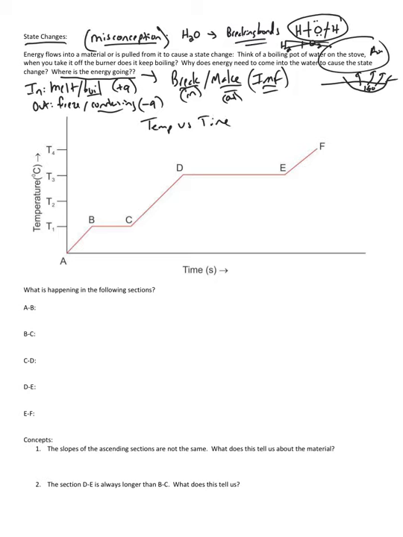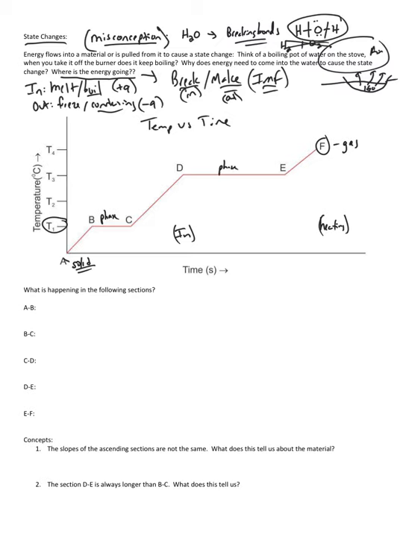And if you start with a substance, which A is, in its solid phase, and this is an example of a heating curve, temperature, energy is going in at all times. Energy is going in to do A to B and B to C, so on and so forth. When we get to F, it is a gas at a specific temperature. Now, the temperatures at which we have the two flat sections, the flat sections are the phase changes,